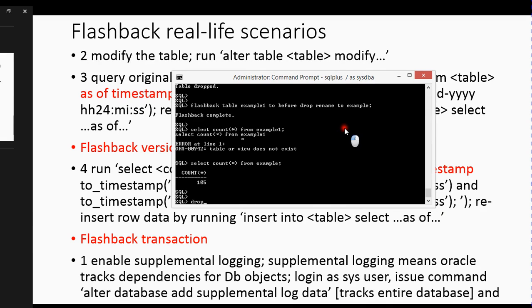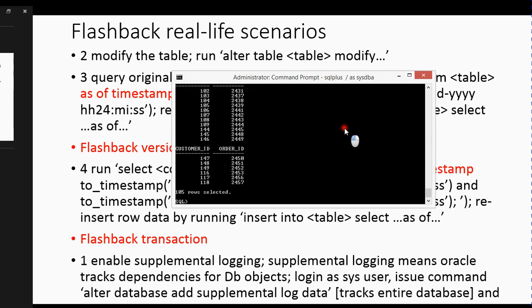I'm going to do that. Select customer_id, order_id from example. And so what I wanted to do is delete